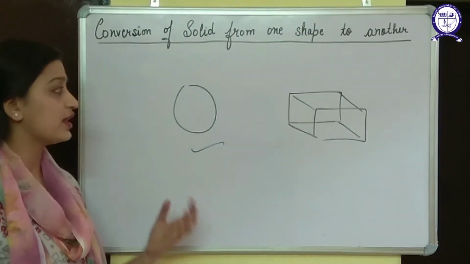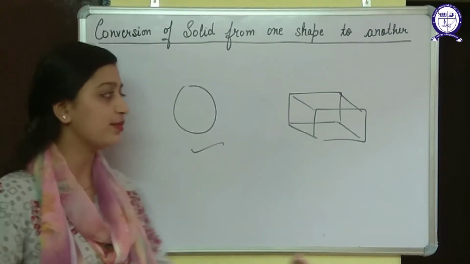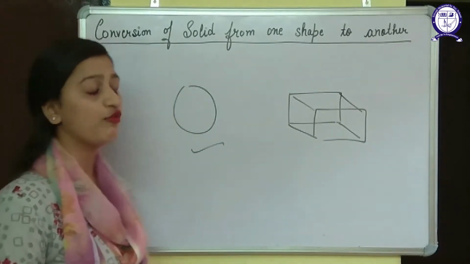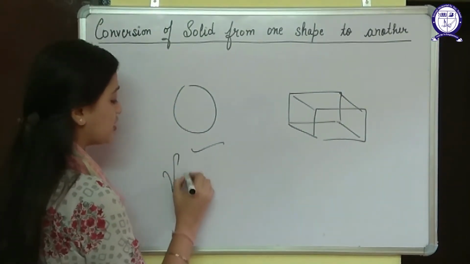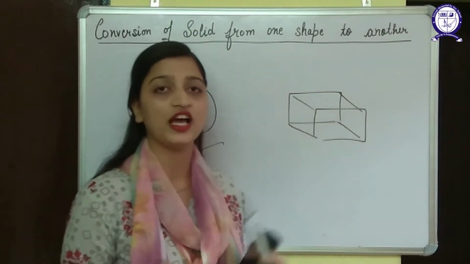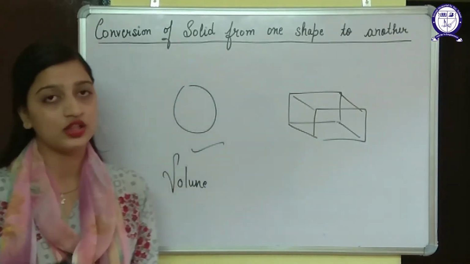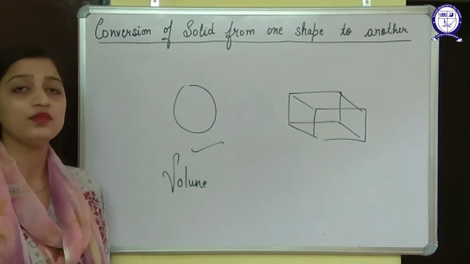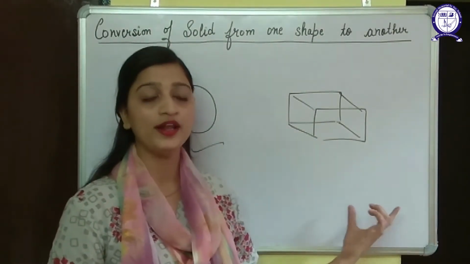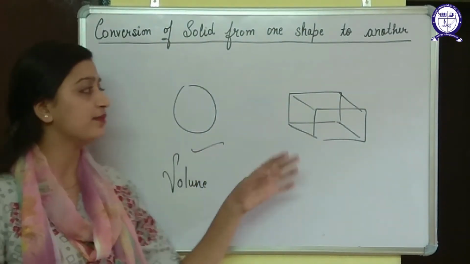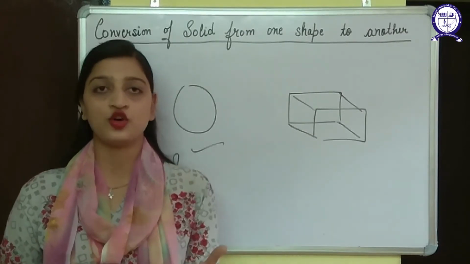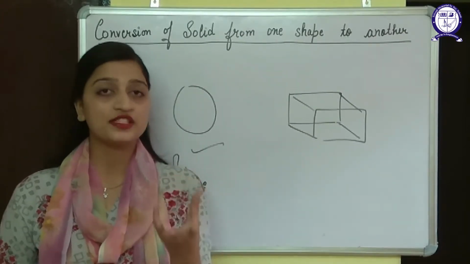And think about it, we are melting it and making another solid. What will be equal? The answer is volume. In these questions we will put volume of one solid equal to the volume of the other solid. Then we will solve the question. In every question it will be like this: volume of sphere will be equal to volume of cuboid, because after melting and making another thing, the one thing remains the same, that is the space occupied by them, or you can say the capacity of that.